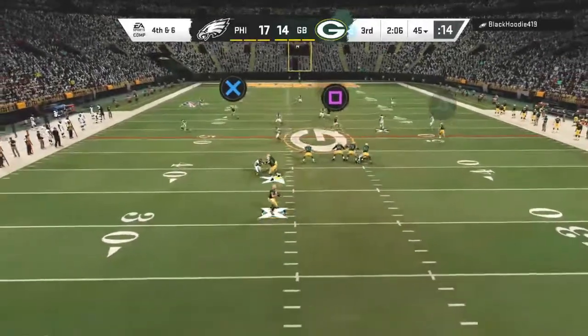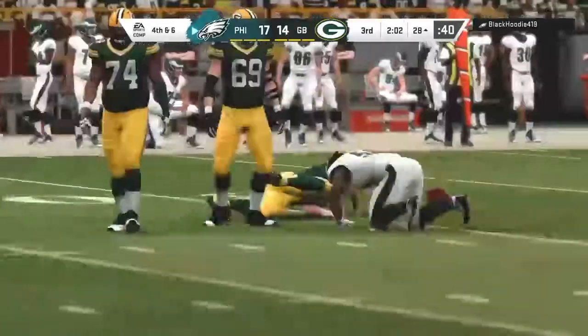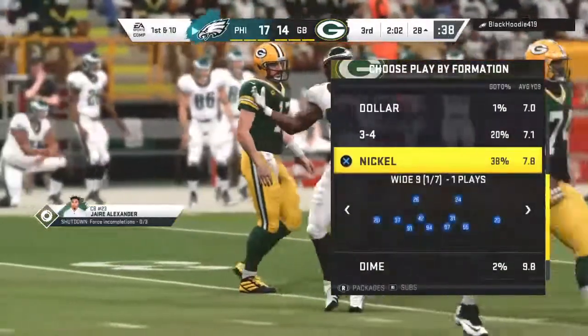They do go for it. It's Rodgers. Here we go. And a big loss here as he's taken down. Jannard Avery. And the Eagles are going